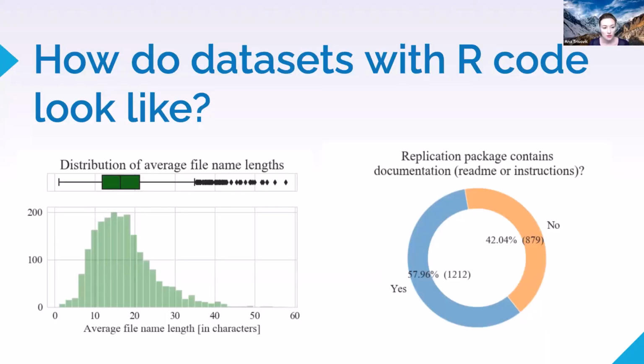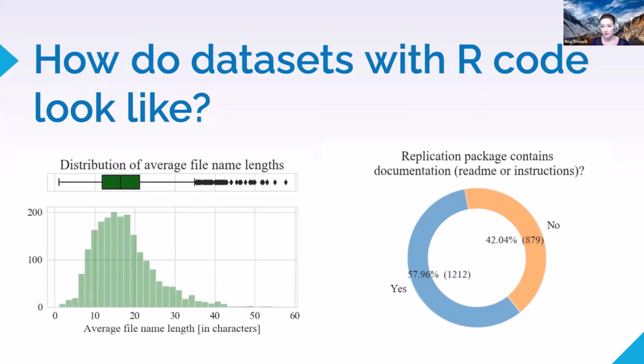Okay, so what is the distribution of average file name lengths? We can see that the average is around 10 to 20 characters. Why is this important? Because the longer the file name is, the more information we have on what is inside that file. The more descriptive it is, the more reusable it is, the more we know what's happening in it. If it is just called a.text or temp.text, that's not enough for us to have a description. So it also serves as some sort of documentation.